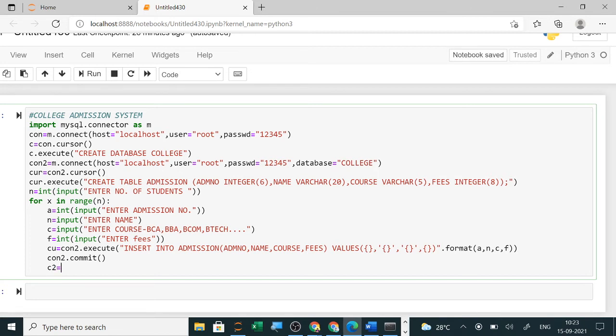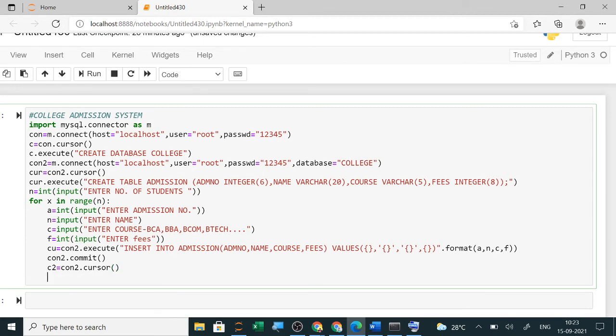So conto dot commit, then first will be the cursor. In C2, conto dot cursor. Next, execute. So C2 dot execute, and you will write the select query.